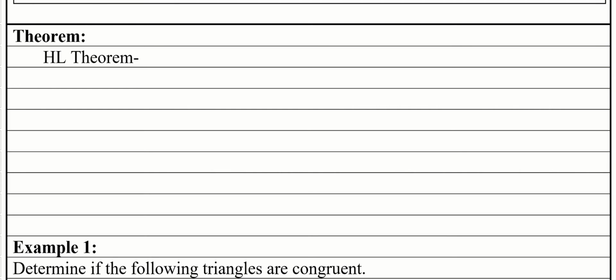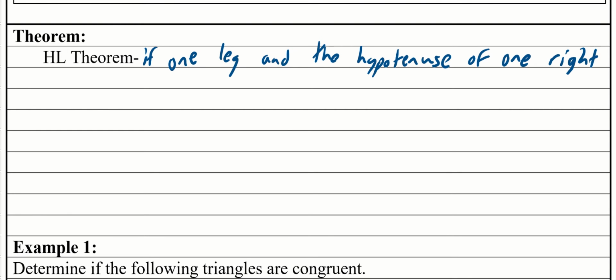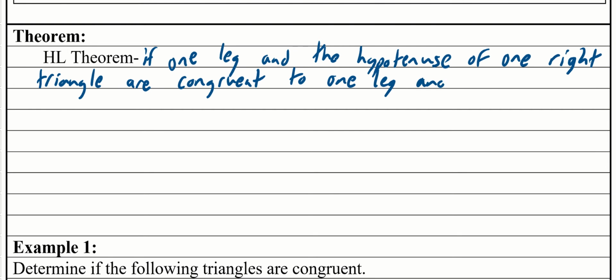And if we think about the pieces of a right triangle, two of the pieces of a right triangle are what we call the hypotenuse and the leg. So this is the hypotenuse leg theorem, and it says this. It says if one leg and the hypotenuse of one right triangle are congruent to one leg and the hypotenuse of another right triangle,